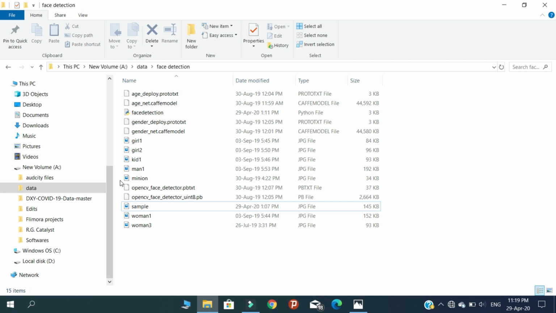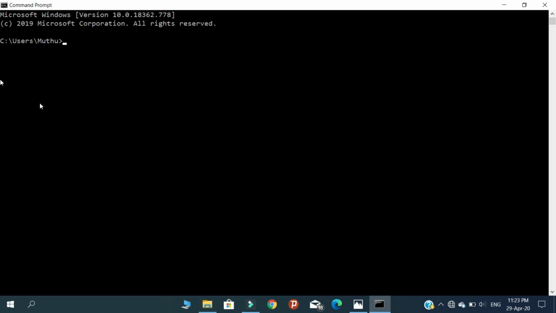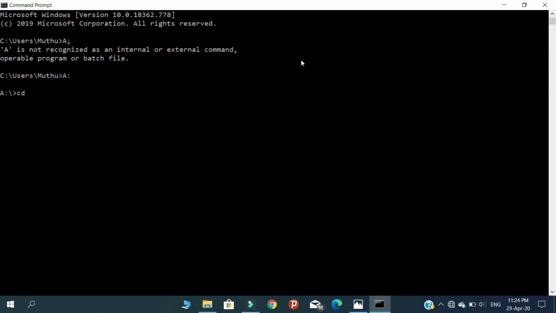Open your CMD. After opening the CMD, we need to specify the path of our Python file that we extracted from the zip file. I named the Python file face detection. So here you need to specify the path of our Python file. Let's give the path. A:/cd